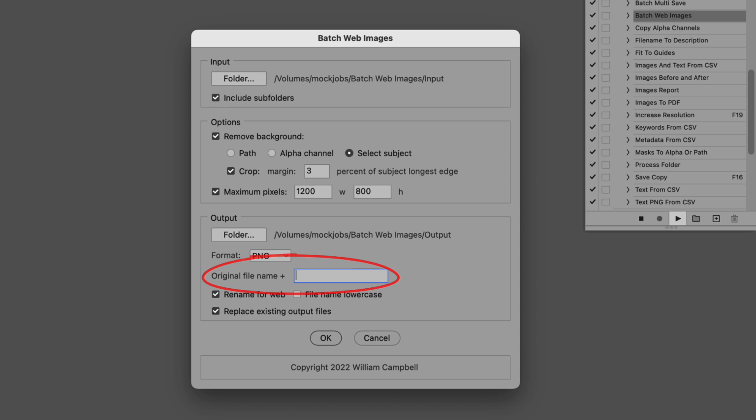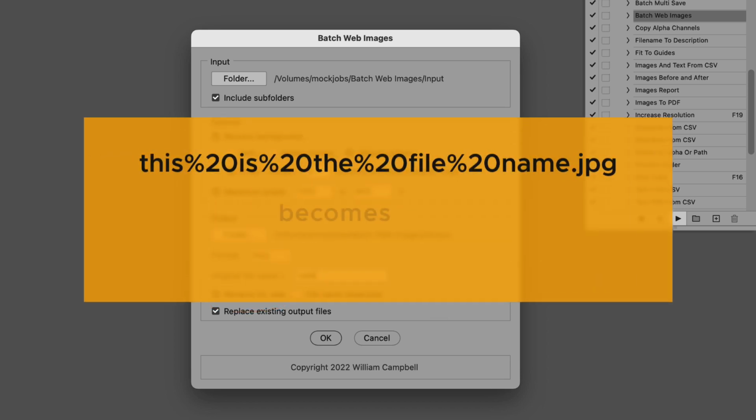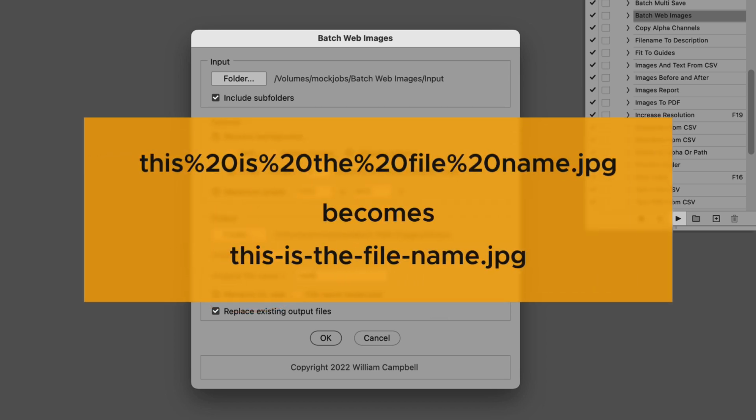Use any characters legal in file names, and they're added to the end of every output file name before the extension. The option Rename for Web detects characters in the file name that require URL encoding and replaces them with a dash. This prevents URLs loaded with %20 because the file name has spaces in it.